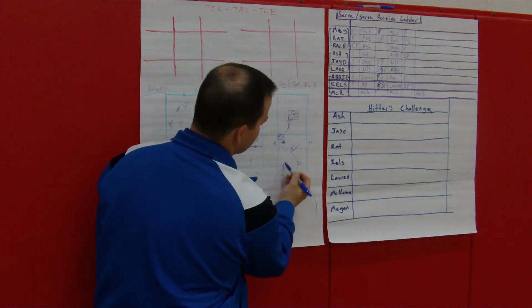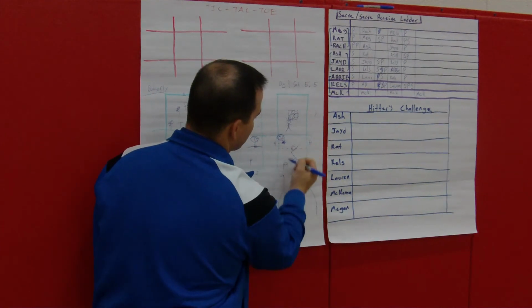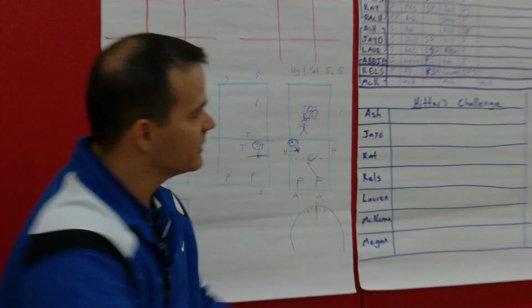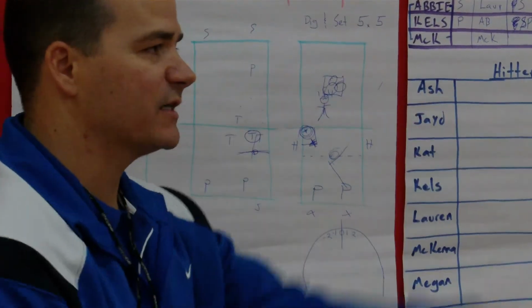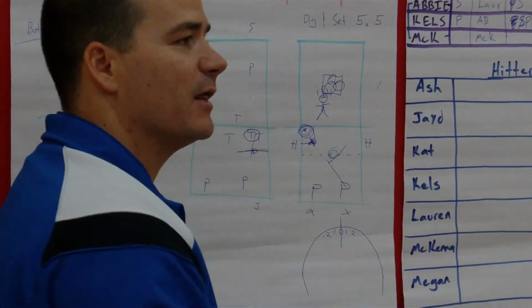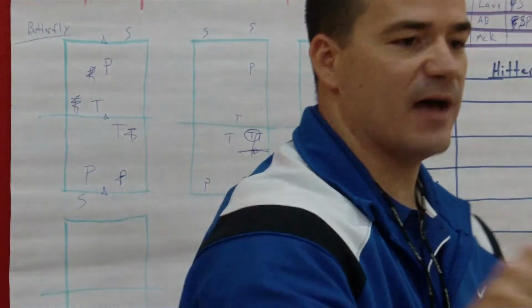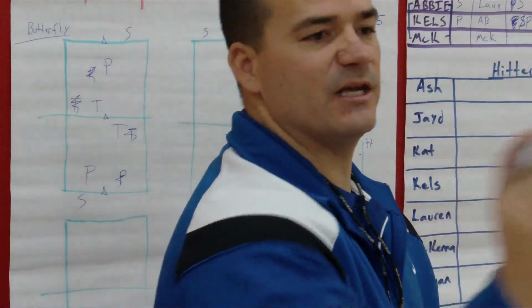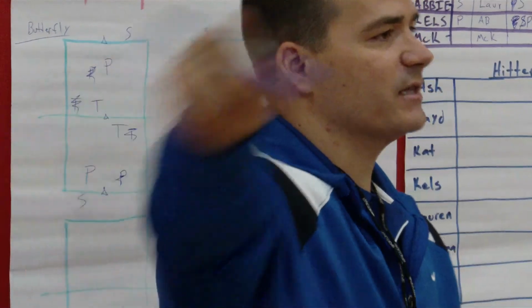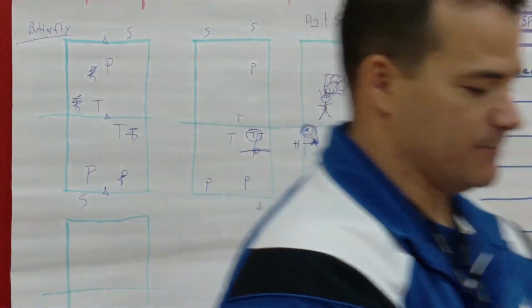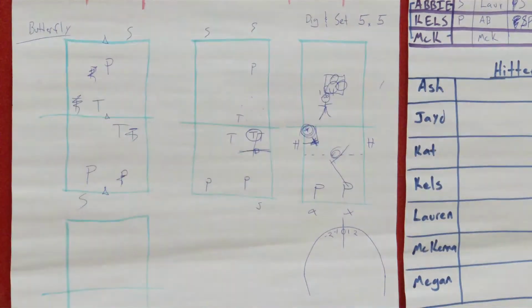So questions on this, passer, right? Just start with the hitter there, and I'm going to be there, and I'm just going to start hitting the ball cross court that way, cross court that way, passing it up and high. Other person is stepping in, setting it 5 and 5. Same on the right side, 5 feet in, 5 feet off, swing, shag the ball, and go get it in the other line on the opposite side. Cool. Let's